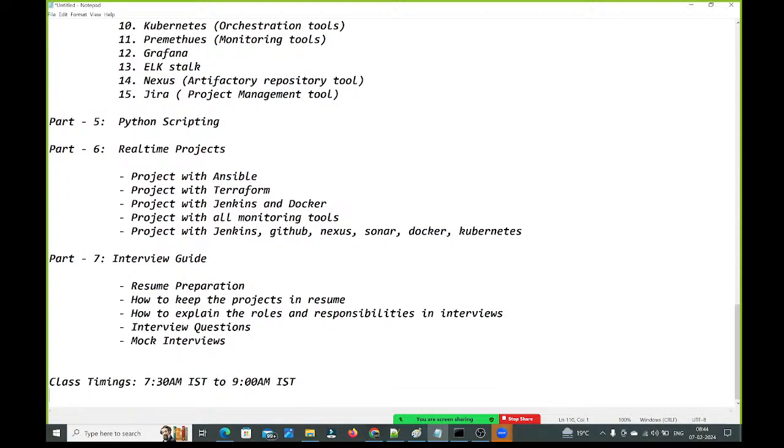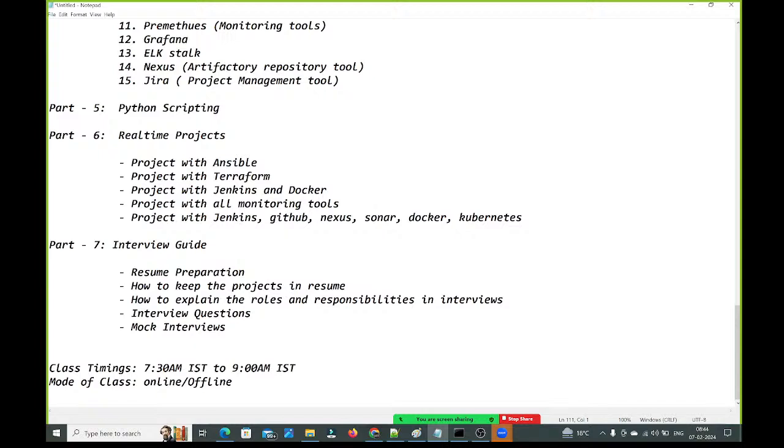Mode of classes: both online and offline. Monday to Saturday we have the sessions. Sunday, no session. If the syllabus is going a little slow for any reason, such as a festival, then